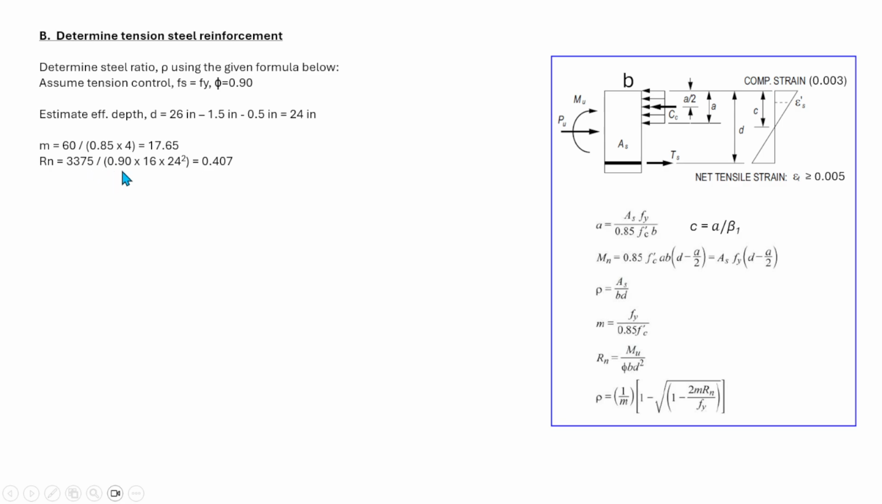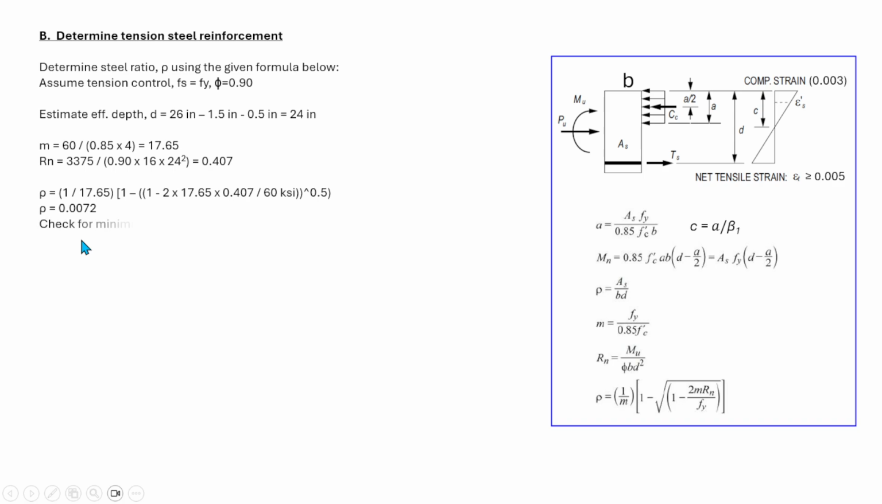3,375 all over 0.9 times 16 times 24 squared, and that is equal to 0.407. So we have already determined the value of m and Rn. Then we can plug it in this formula. We have steel ratio is equal to 1 over 17.65 times 1 minus the square root of 1 minus 2m times the Rn, which is 0.407 over 60. So the value of rho is equal to